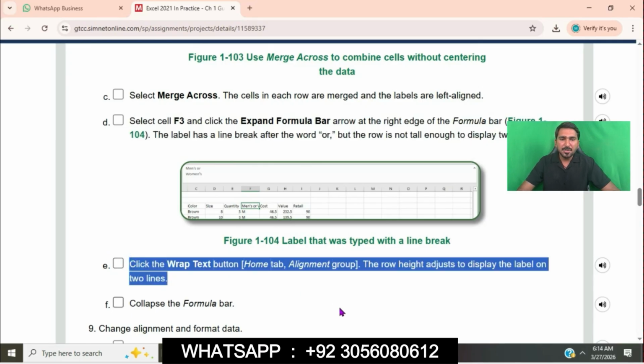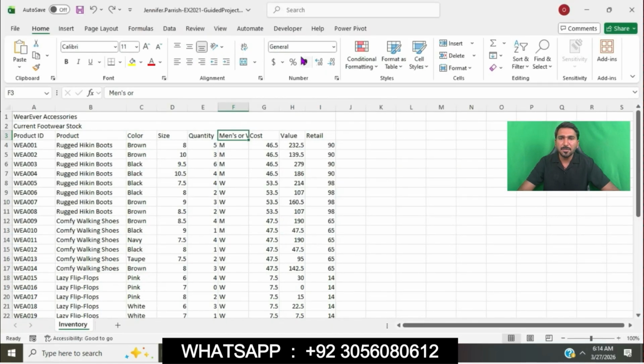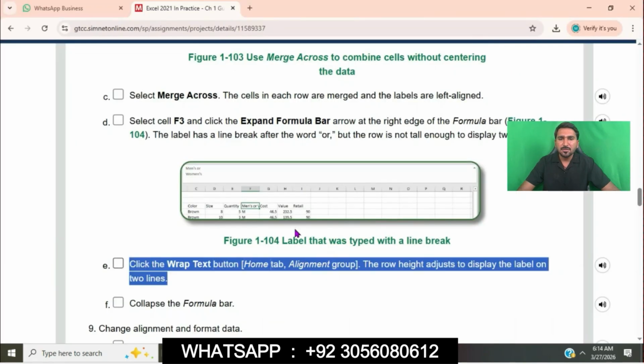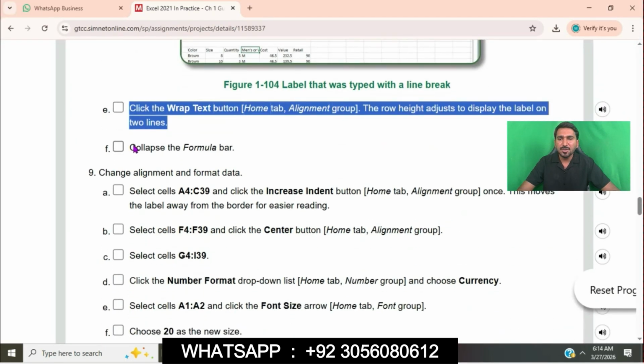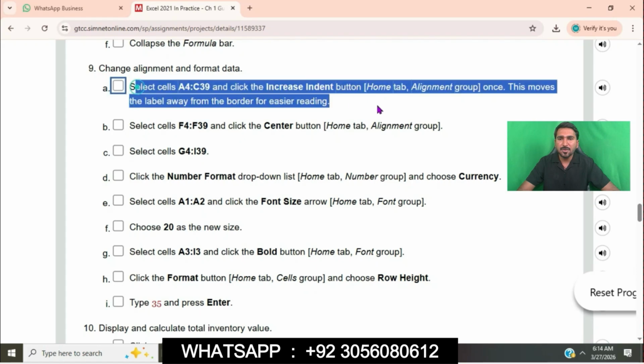Click the Wrap Text button. The row height adjusts to display the label on two lines. Simply go to the Home tab, in the Alignment group, click on Wrap Text. Point F of question number 8, collapse the formula bar.